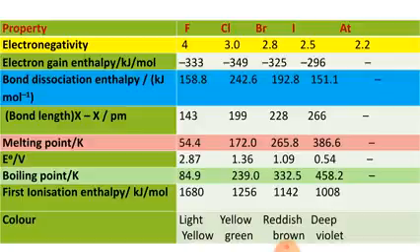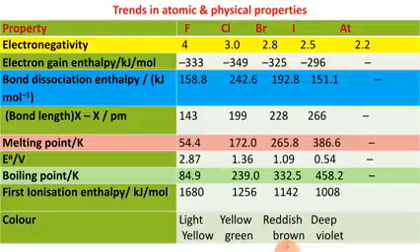So now dear students, next about the color. I told you that fluorine has light yellow color, chlorine has yellow-green color, bromine has reddish brown color, iodine has deep violet color, and astatine has indigo or bluish color. So these are some trends in atomic and physical properties in the form of a table. Now dear students, next work out examples which are related to the topic which you have to study here.